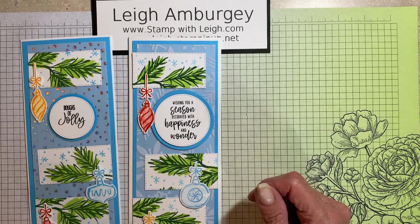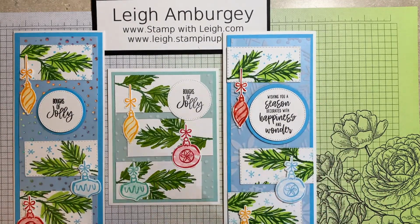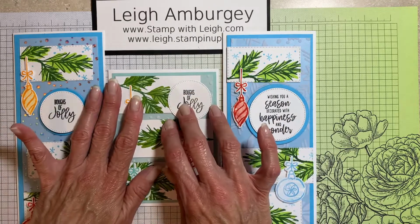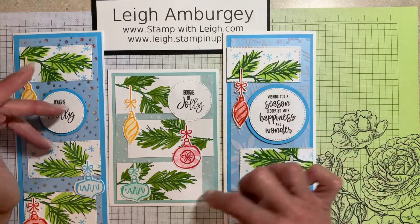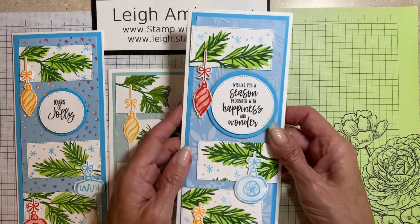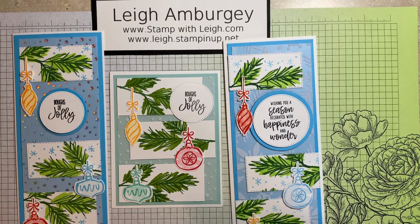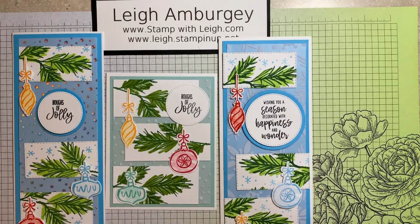So again, if you find something that you like, or you say, what else can I do with this? Think outside the box. Think of different ways that you can take a regular card, make it into a slimline, change it up just a little bit, add some more elements to it, some more stamping. Or find something like this and say, I don't want to make a slimline. How can I get that to work for a regular standard card? So, like I said, just think outside the box, see what you can do, change up what you have, play with it and have fun,